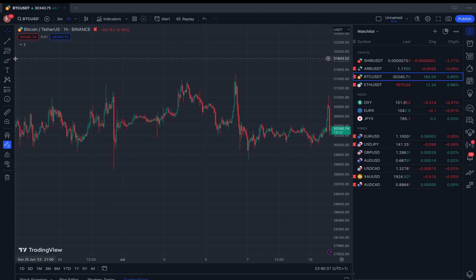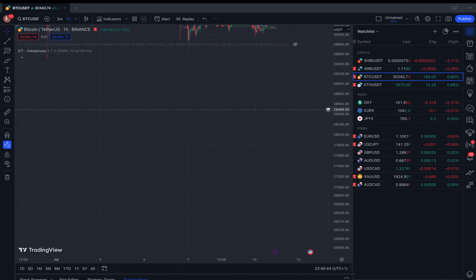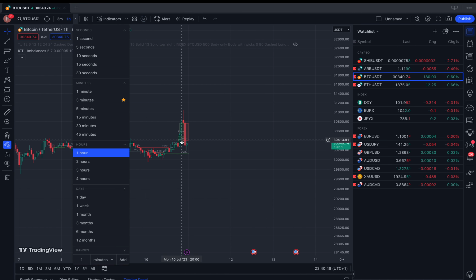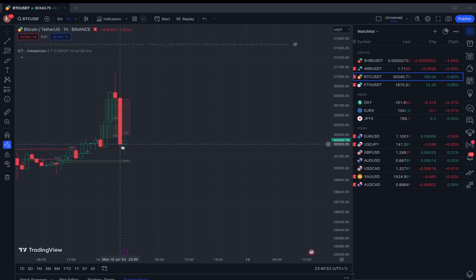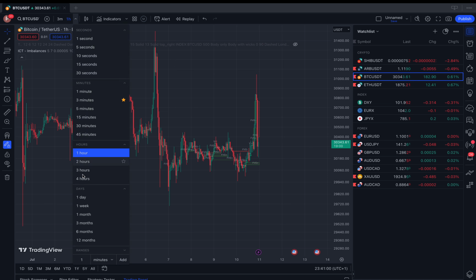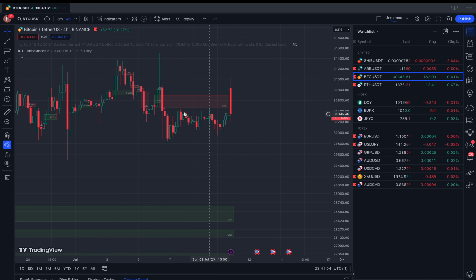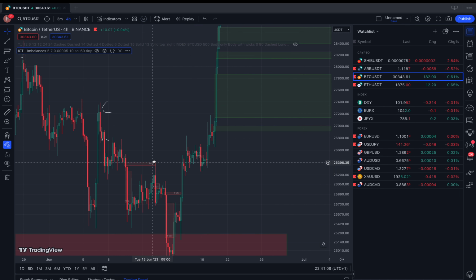Again, they're not that reliable in crypto, but they're way better for FX, but they still do work. For instance, I think it was like here, there were a few FEGs that we just took immediately. Probably not going to see a whole lot of that, but if you go to the 4 hour, this is one whole FEG, and that was taken, and then we moved straight down after. Although as you can see here, a lot of them don't get taken. But a lot of them do.